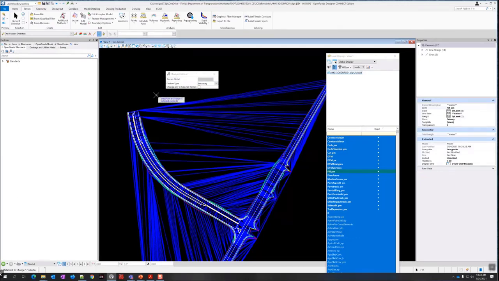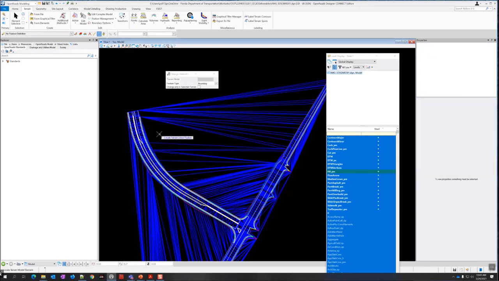It says data point to change 17 selected elements. So we don't need to worry about a particular terrain model. It's just going to change the type for all terrain models, basically. And then it's asking me for the all. I'm going to exit out of that command,